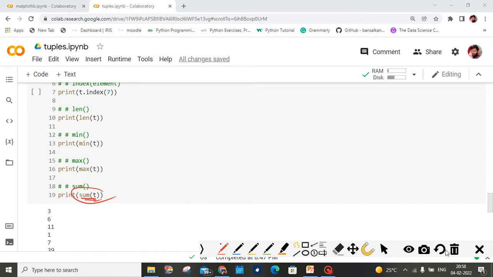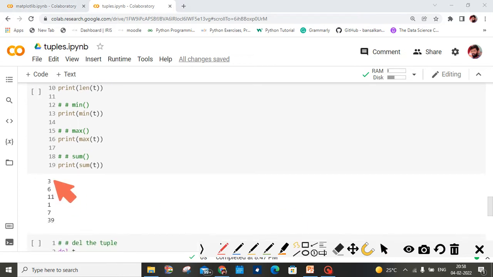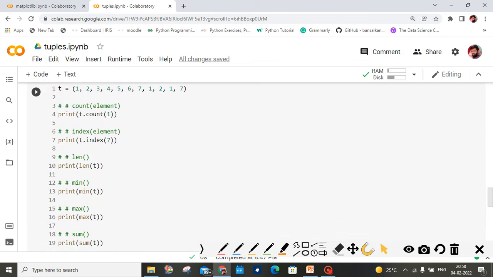Now let me run this code. It was already in run mode. Look at this, it has given 3. Why is it giving 3 here? What is this first function? We are going to count the value 1, right?